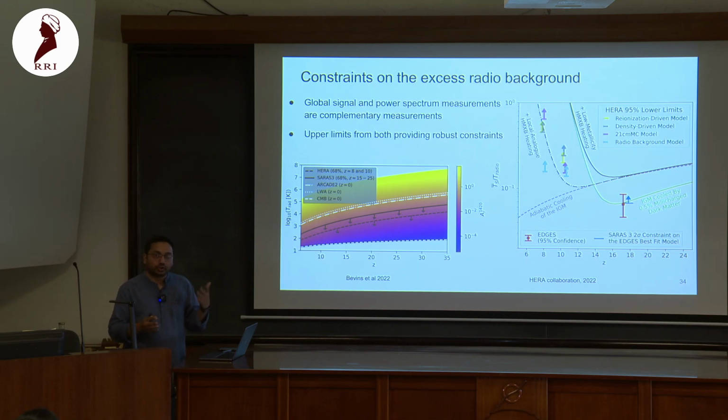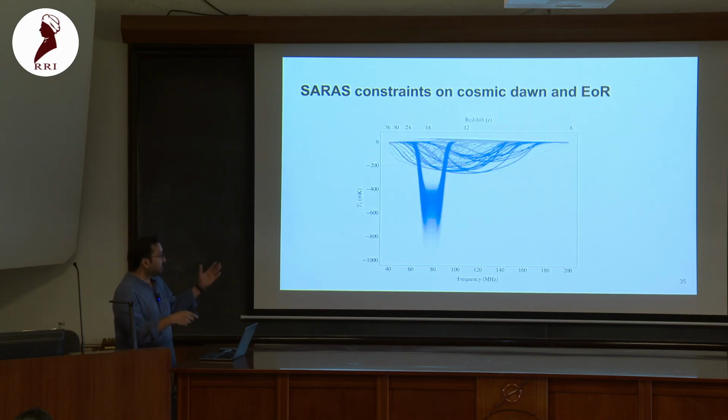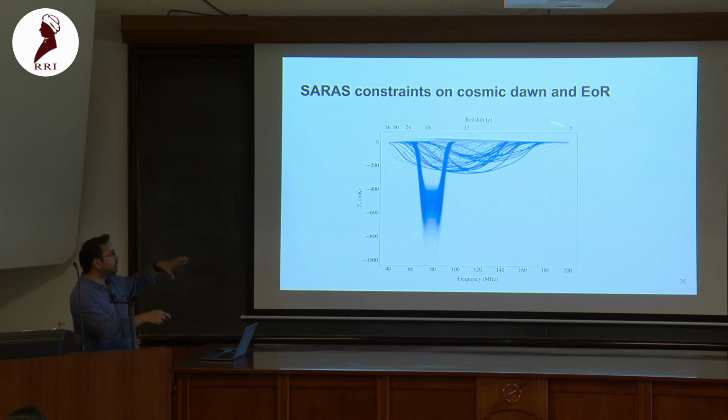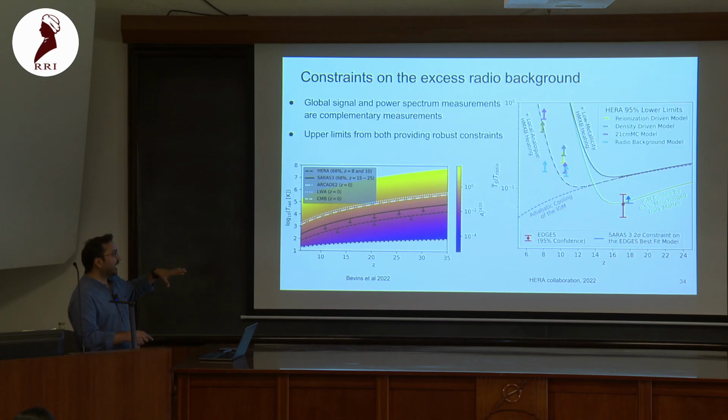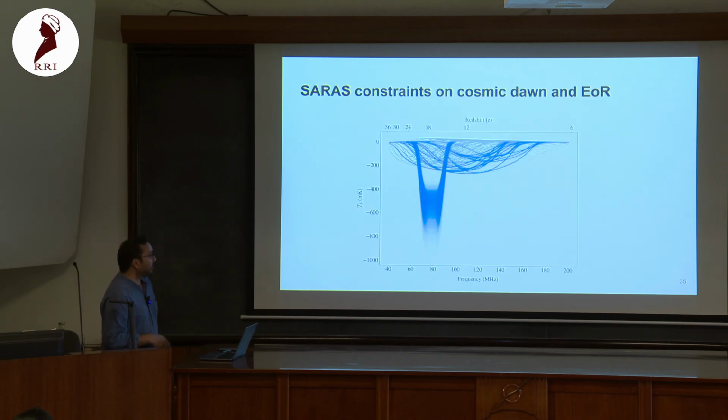So for example, SARAS lands right up here in HERA measurements, and HERA itself places limits on the ratio of the gas temperature to the background radio. So this is all a very promising direction in which the field is progressing. And this is the current state of HERA, along with SARAS. So SARAS was able to rule out these excess models, and right now with HERA results, we are able to rule out even more. But where do we go from here?